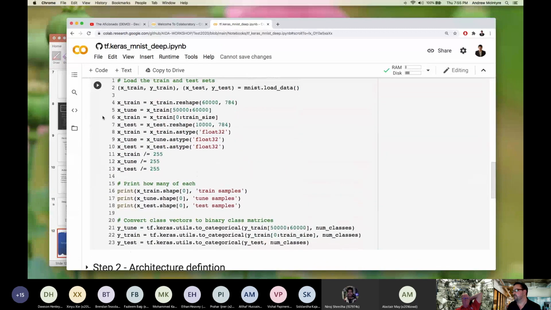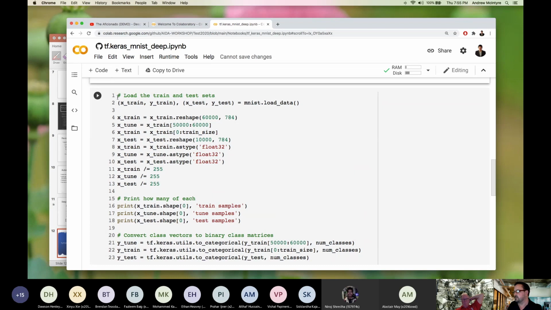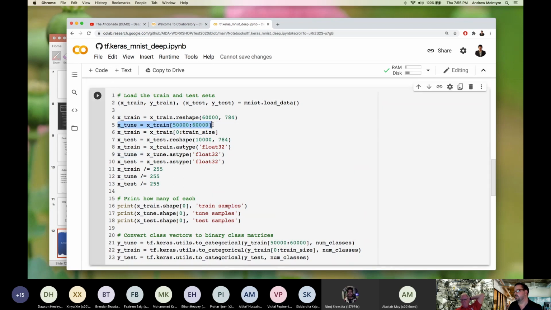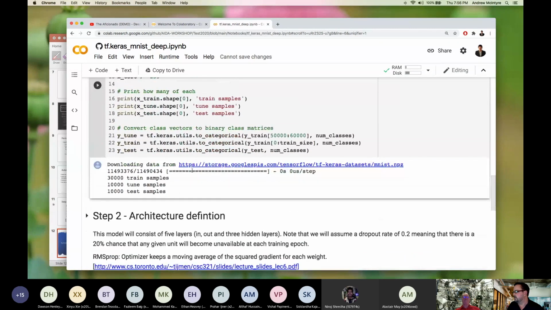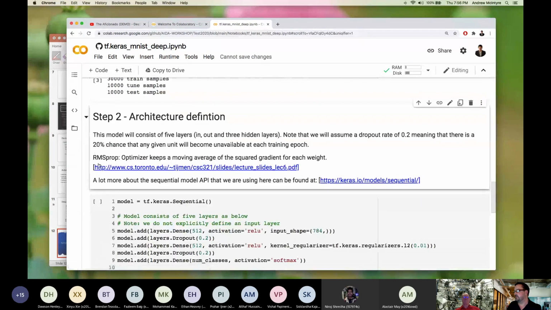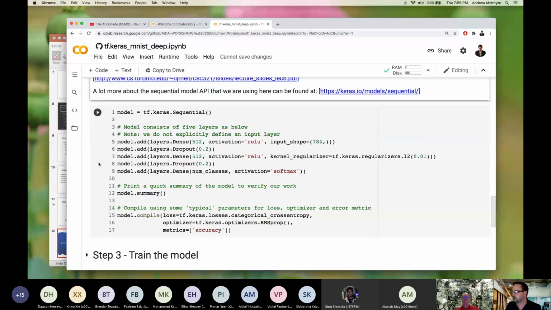And this is going to set up the same training and testing and tuning partitions. So importantly in this notebook, we're going to be using the tuning partition for early stopping as a way to inform an early stopping procedure. So performance on tuning is the early stop criteria, and we'll see how that works in a minute. We'll set up the partitions. It's going to download all those training examples and then split into train, test, and tune. So same way as we saw in the previous example, nothing new is really going on until here.